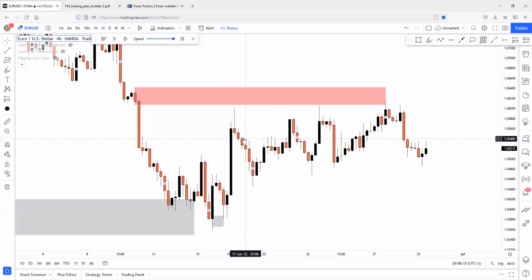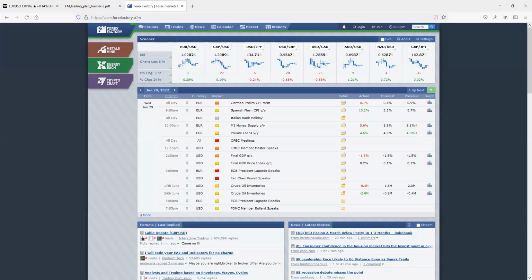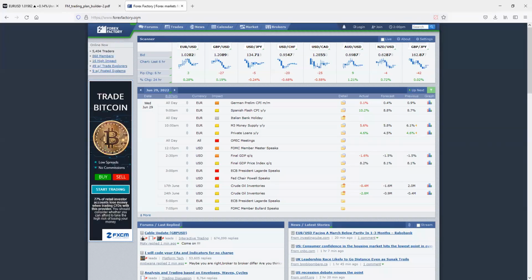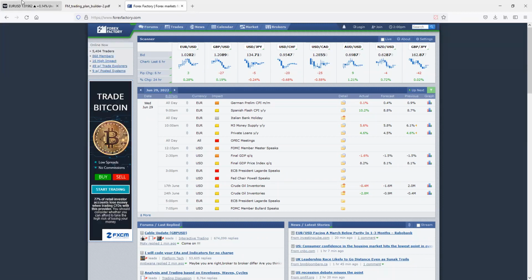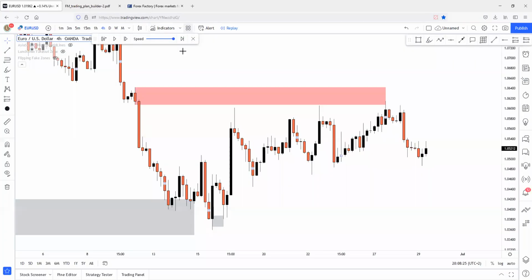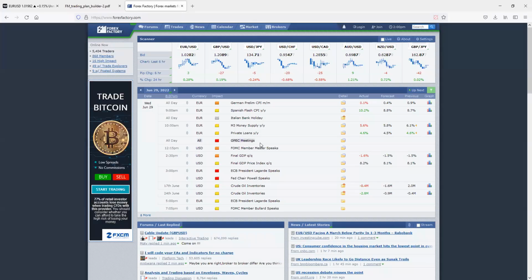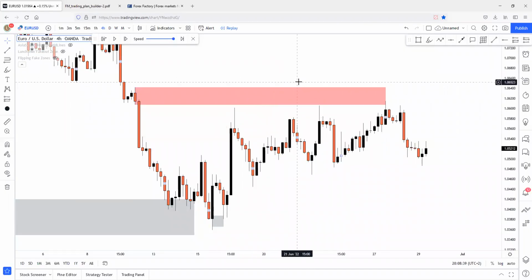So let's just start the backtesting on the 4-hour chart first. And what about my Forex book? I'm just using forexfactory.com because that's the most relevant. I only care about this because every single news item right here will have an impact on charts. But expect these all-day news items aren't having that much of an impact because they are getting released hour by hour, minute by minute. So back to the chart.